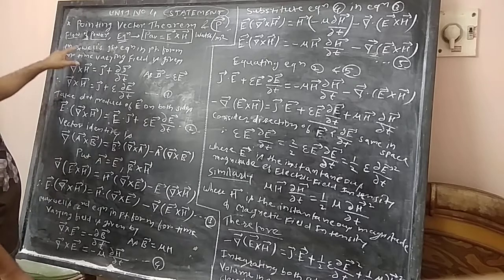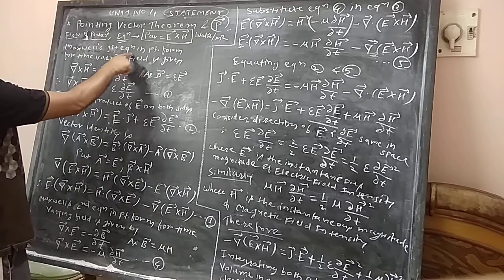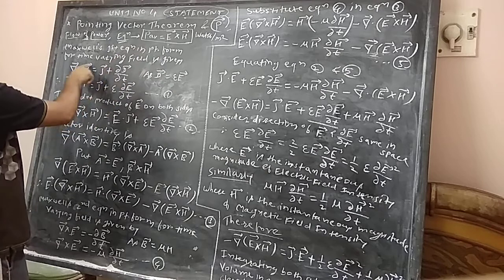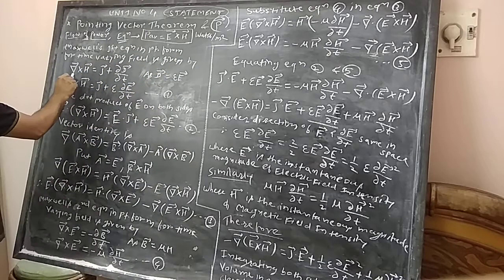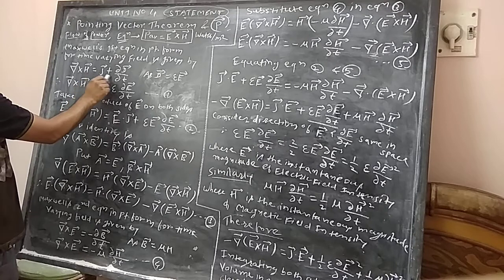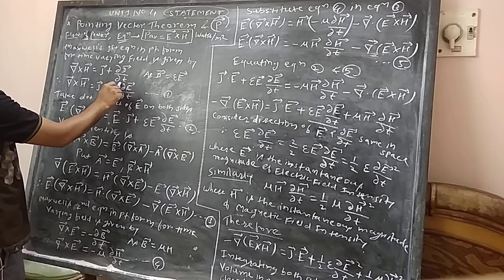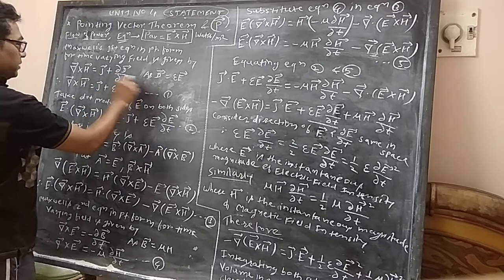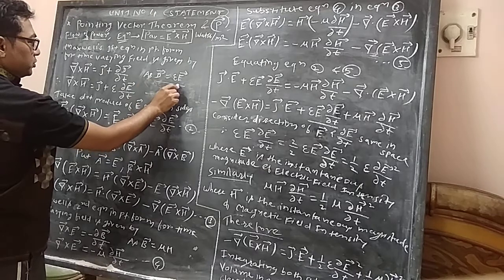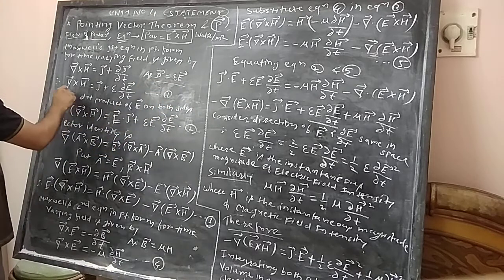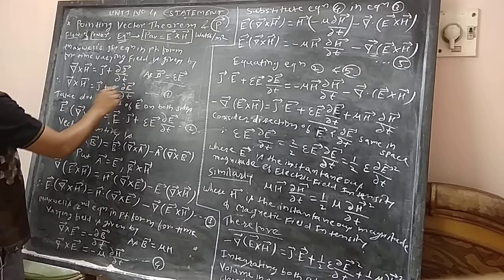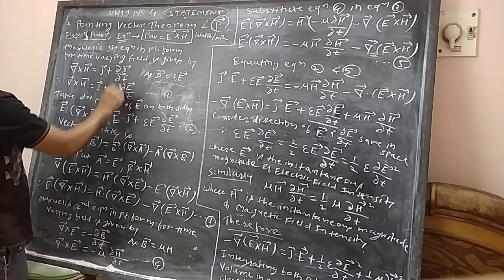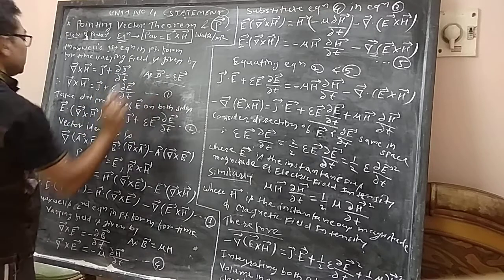So, it is taking the reference of Maxwell's first equation in the point form for time varying field, which is given by del cross H vector equal to J vector plus del D vector divided by del t. Now we know the relation of D vector and E vector. So D vector equal to epsilon into E vector. Now therefore del cross H vector equal to J vector plus, putting the value of D vector here, epsilon into del E vector by del t. This is your equation number 1.